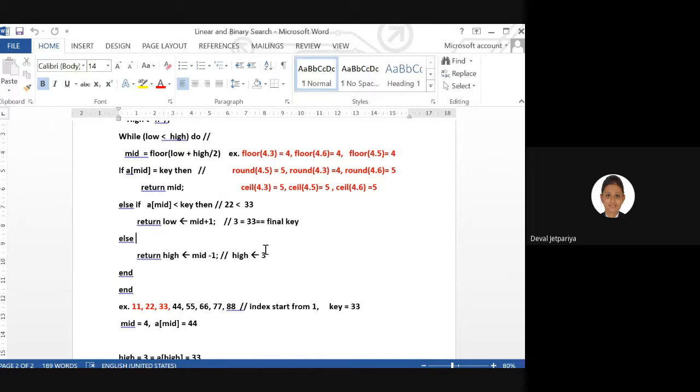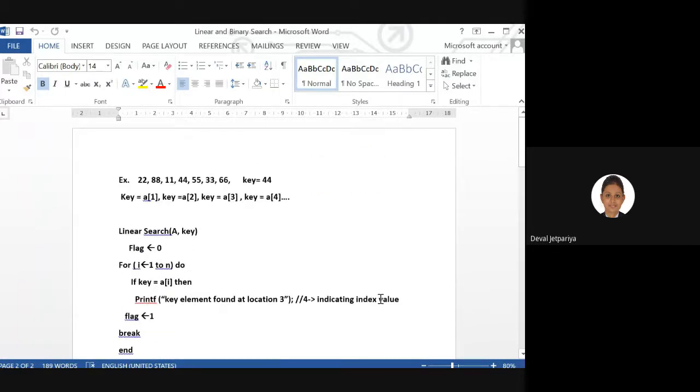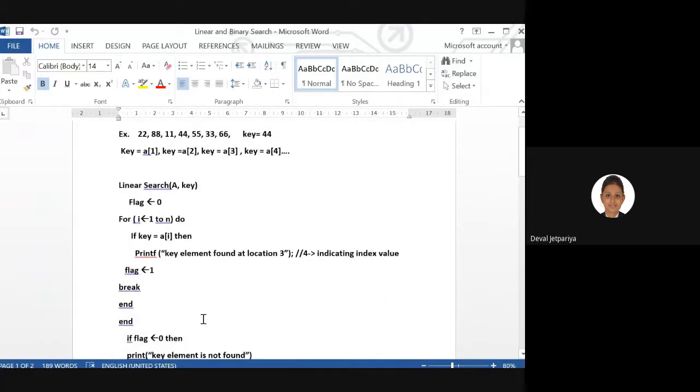Fine, take your time in the implementation of both linear and binary search. Once the linear search is done, let me know, and I will show you the algorithm of binary search. Everyone clear with this? Please start the implementation of both the algorithms.